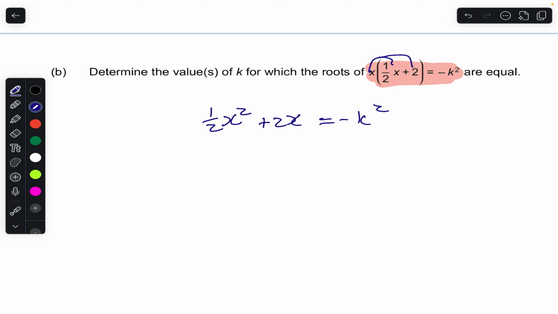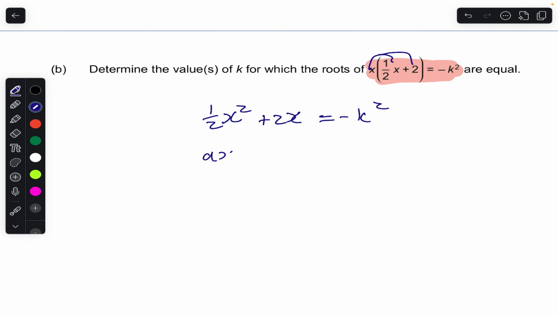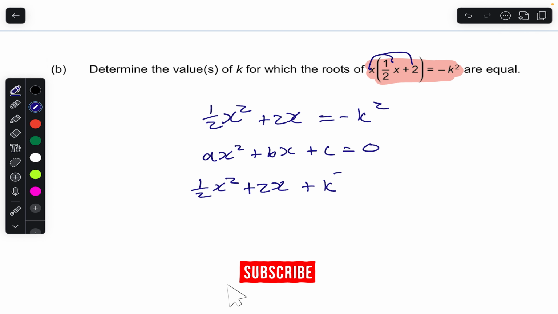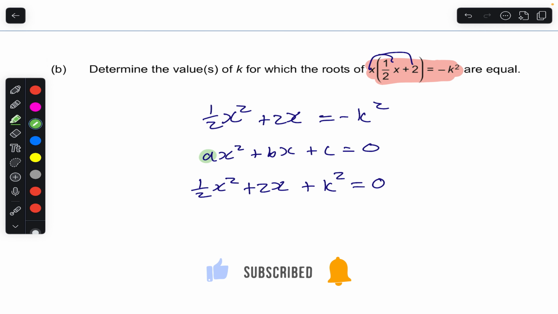Now I want to get this into my standard form, which is ax squared plus bx plus c equals 0. So to do this, I will just add k squared on both sides. So I will have a half x squared plus 2x plus k squared equals 0. Now you can see that my a value corresponds, my b value is there as well as my